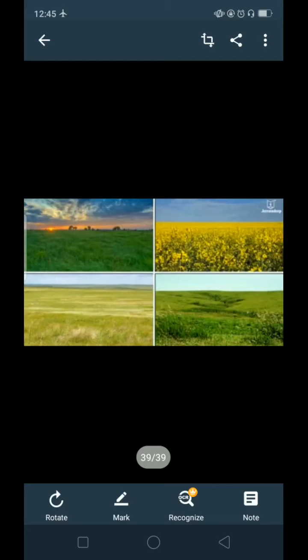Thus now we have learned about grassland in the temperate